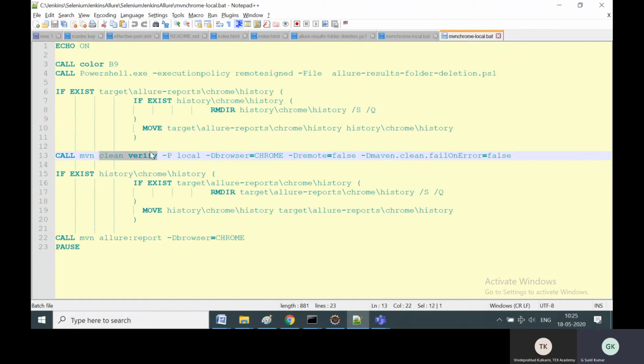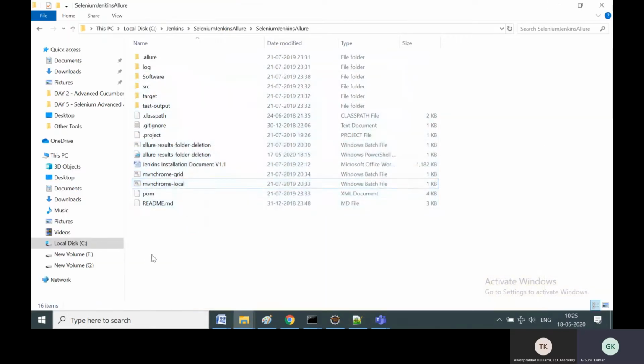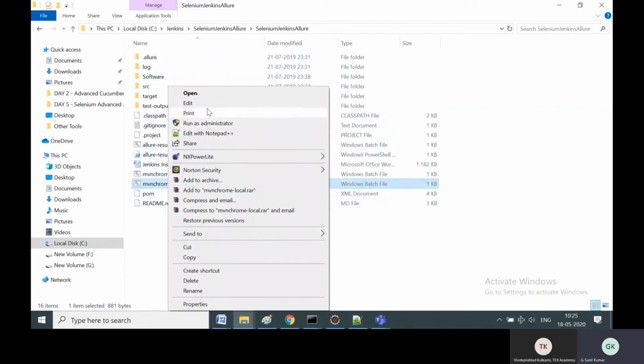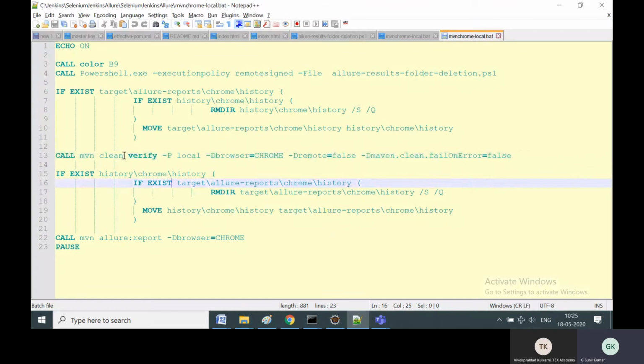These are Maven lifecycle and Maven goals, which if you don't have knowledge of, you can Google and find out. These are critical to execute a Maven project. If you are going to create a Maven project, you have to know how to execute it from the command line. For that, you should have a batch file, or at least enter this command in the command line: go to that particular location and enter mvn clean verify. You can additionally pass in parameters like profile, browser values, and so on. That is exactly what I have done here.